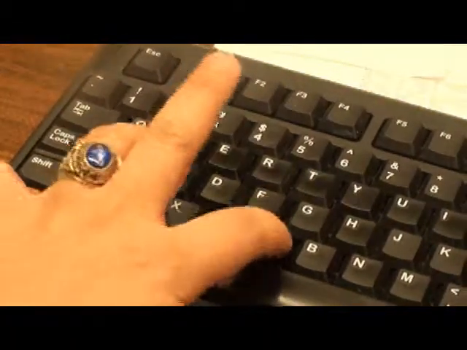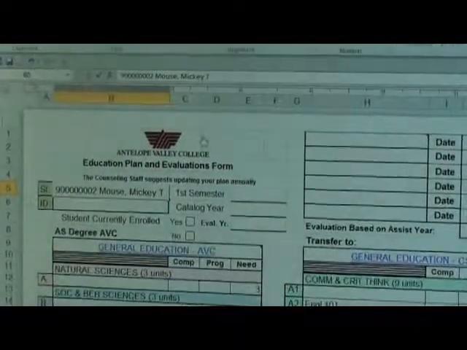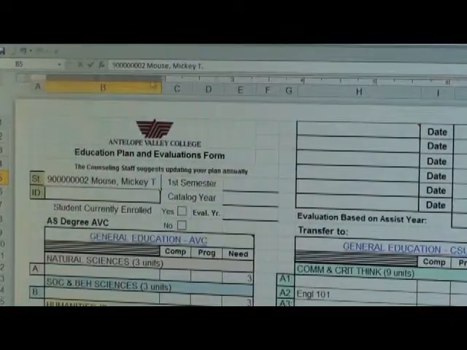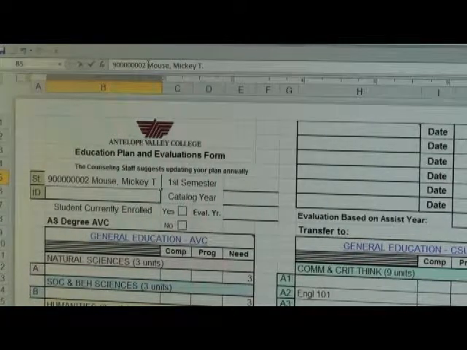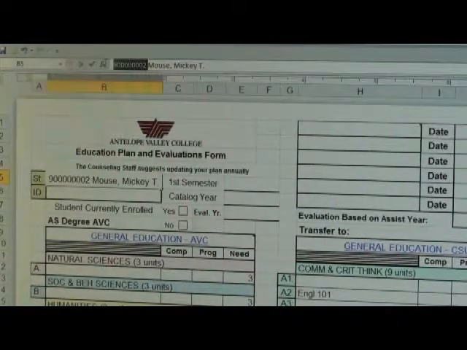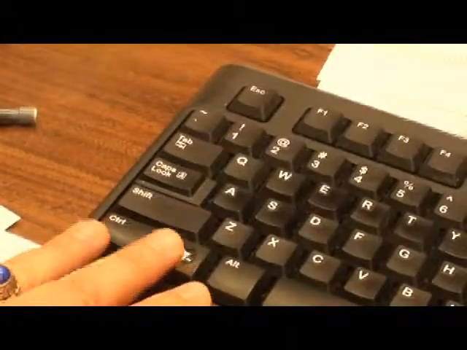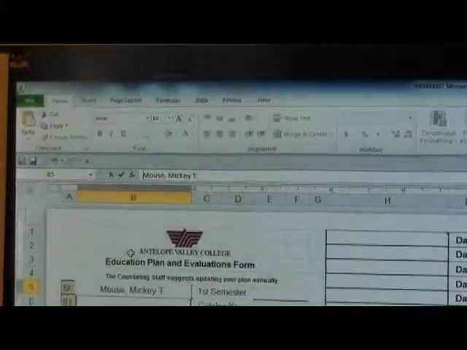So control V. Now that I've done that, you see that here under the name, the ID number and the name has populated exactly what I had copied. What I'm going to do is go up here to the FX, select after the number, select the number to the left by holding the mouse and dragging it to the left, and then cutting it. That is control X, the control key and the letter X. Hold down the control key, hit X, and now it's out of the front, and of course it's out of the